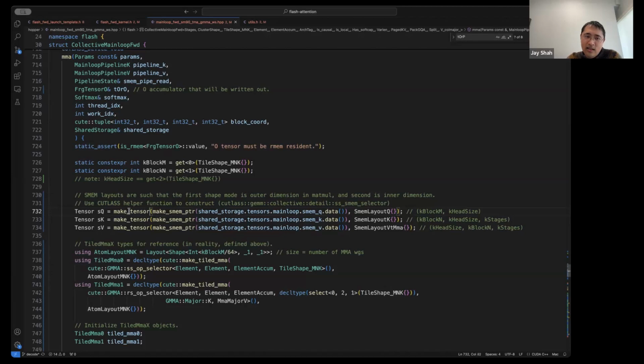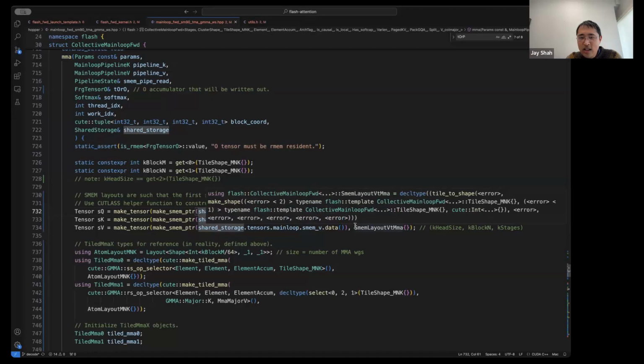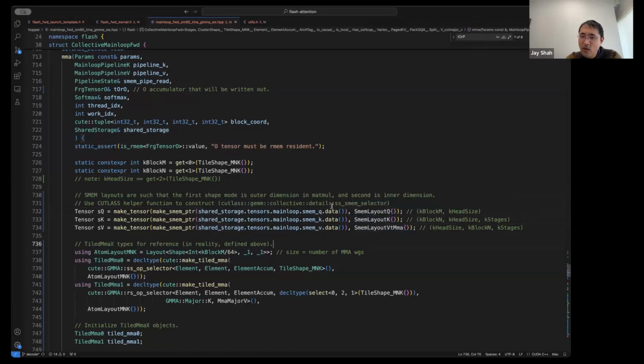In Cutlass, I can do this as follows. I have some shared storage struct, which houses all the data that I'm using in shared memory. I then have this make SMEM pointer method.